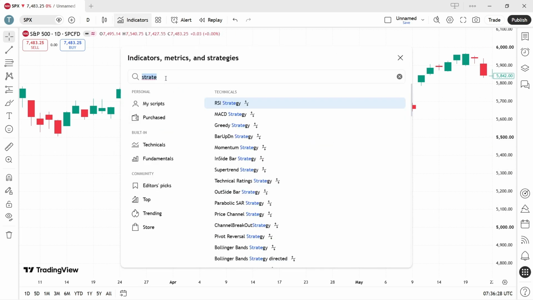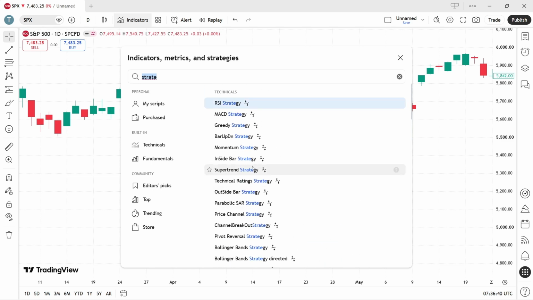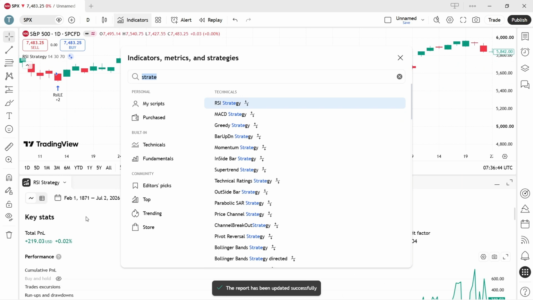indicators at first, and then just simply search for strategy in this search bar right here. And after that, there will be a lot of technical strategy. Just simply select any of the strategy that you would like to use. And for example, let's select this RSI strategy, which is the first one, and it will be added to your